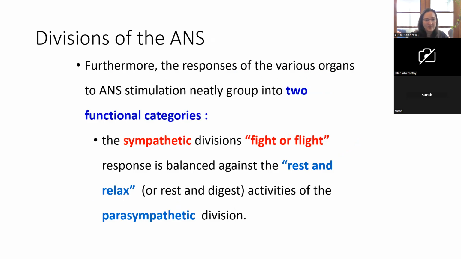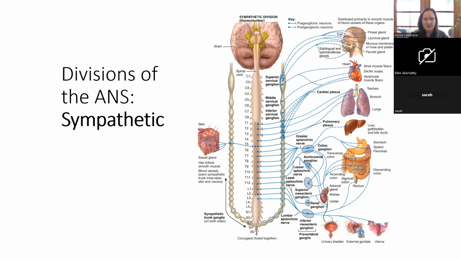All right. So fight or flight versus rest and digest. Your sympathetic nervous system controls fight or flight, and the neurons that control this are branching off of the thoracic and lumbar portions of your spinal cord, so thoracolumbar. They're going to pretty much everywhere, right? So they go to a lot of the major organs in your thoracic and abdominal cavities,